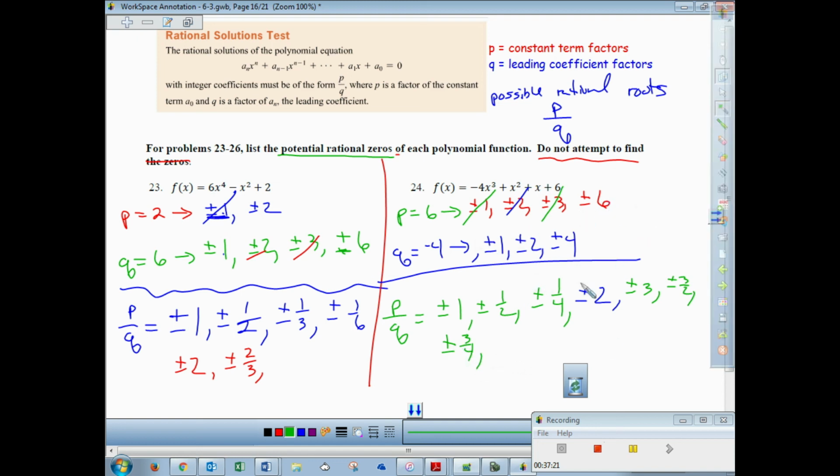See how many you still get. 6 over every single one of those guys. You get 6 over 1, which you do not have. 6 over 2, which is really 3, which you do have. And 6 over 4, which is really 3/2, which you already have. So this is all your possible rational